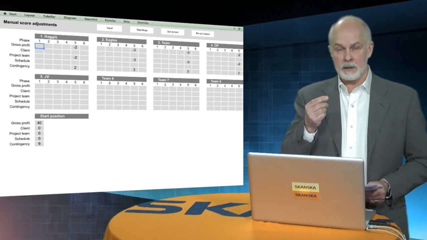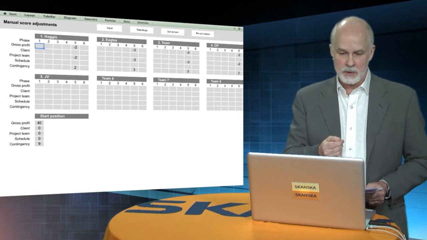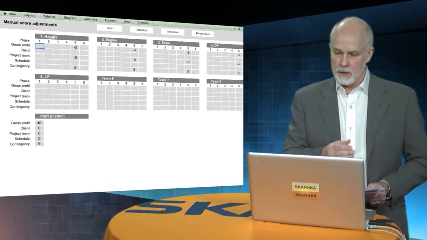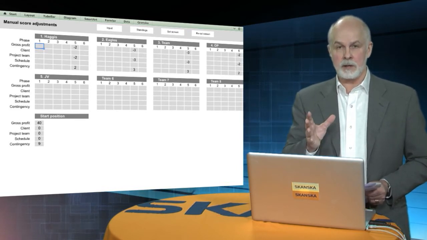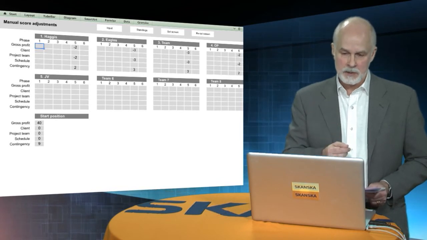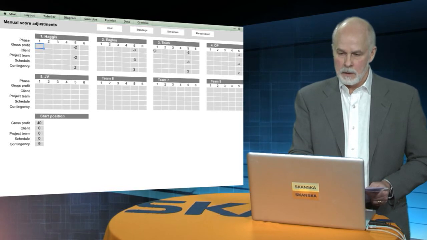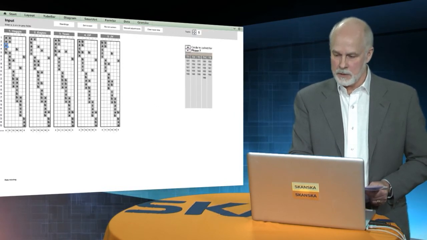That then again makes the project team satisfaction go down to -2 and contingency increase by 2, and so on for the other teams. So this is a way of correcting the standings depending on what actions the teams have been doing. If we go back to the input, again,